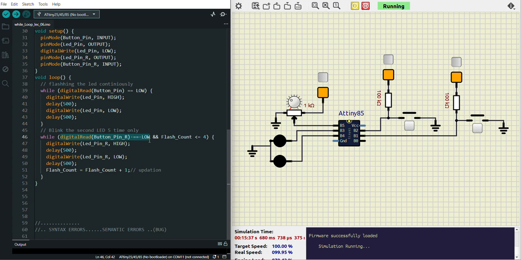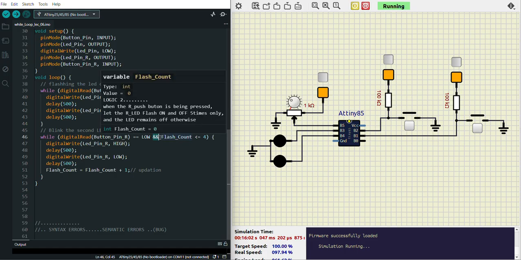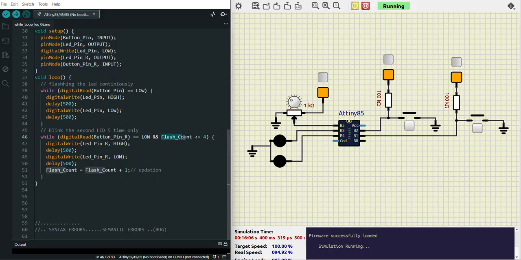Because the digital read command is the one that checks the status of a GPIO, whether it is low or high. By us pressing the button, we drive this GPIO, the one we've called button pin, low. So we are testing, is it low? And logical AND. There is bitwise AND, guys, so there is another kind of AND. So logical AND, right? Is this true? And is the current value of flash count now